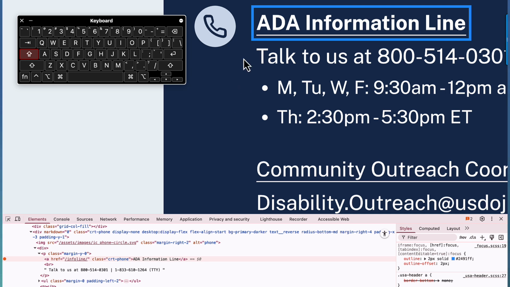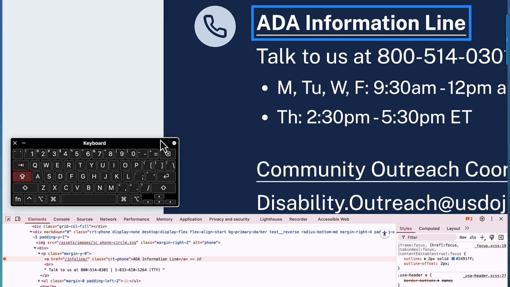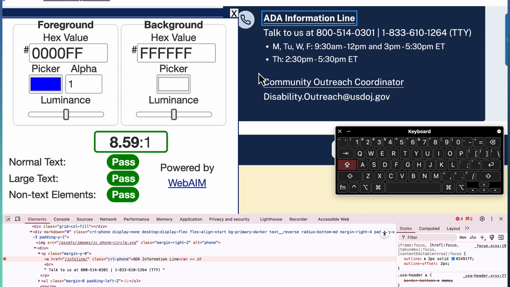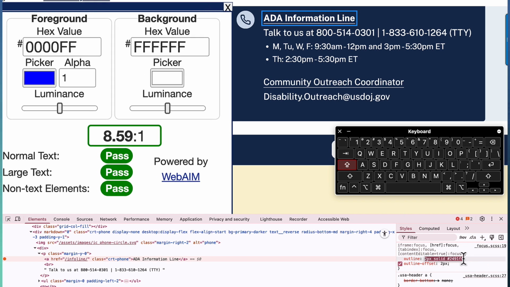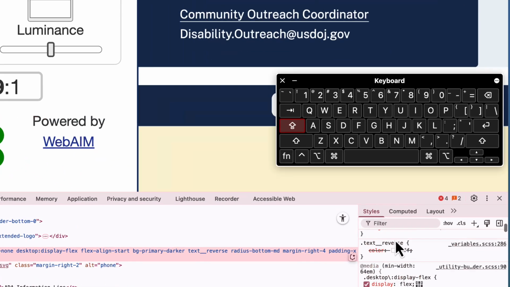So now I'm going to open my contrast checker, which is the bookmarklet we installed earlier. All right, now that we have the bookmarklet open, I'm going to copy this color here, and this is going to be our foreground, and I'm going to paste it here. And for the background, I'm going to get it from Developer Tools.